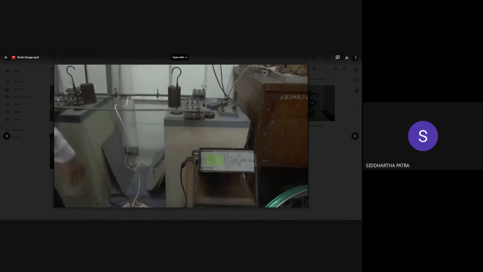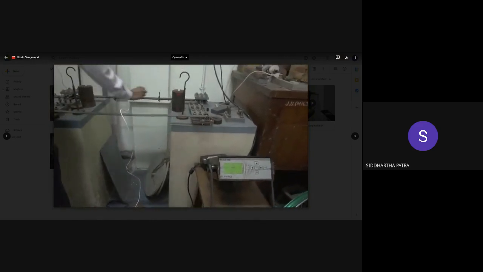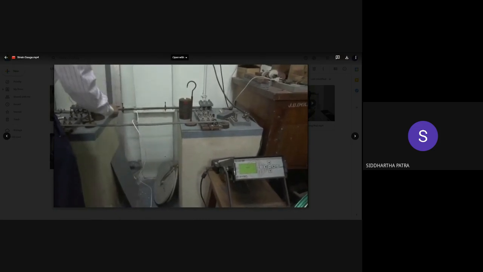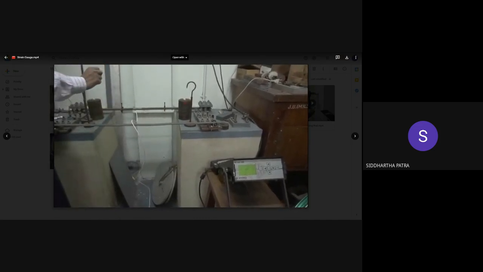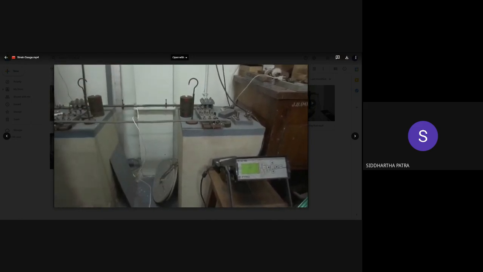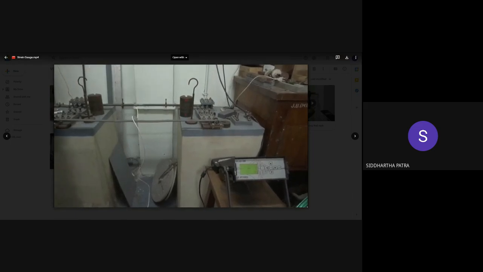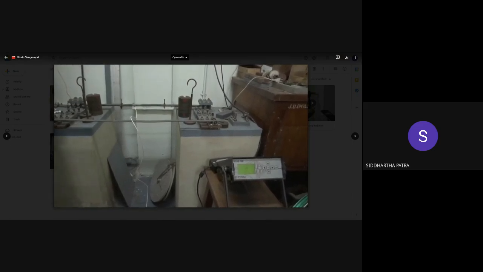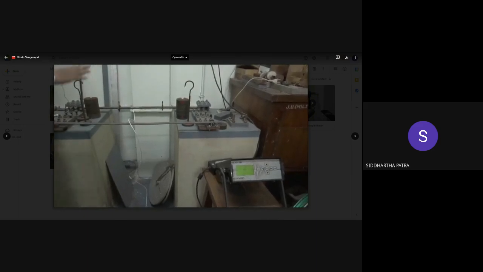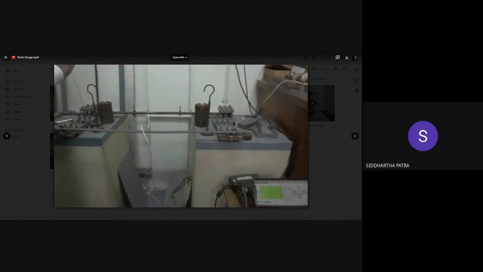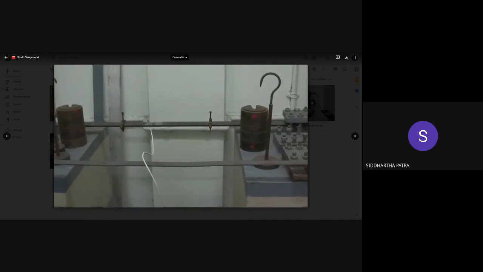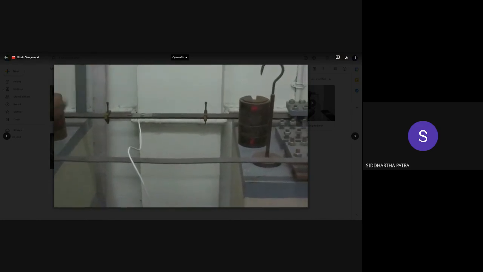We will take this strain value against the loading values. Loading will be given with the help of a hanger. First, we will consider the hanger load as 1 pound. Then, at an incremental rate of 2 pound, we will increase the load, and then again decrease the load by 2 pound, and finally we will remove the hanger to get zero loading. So, we will start the experiment by mounting the hanger in the setup.